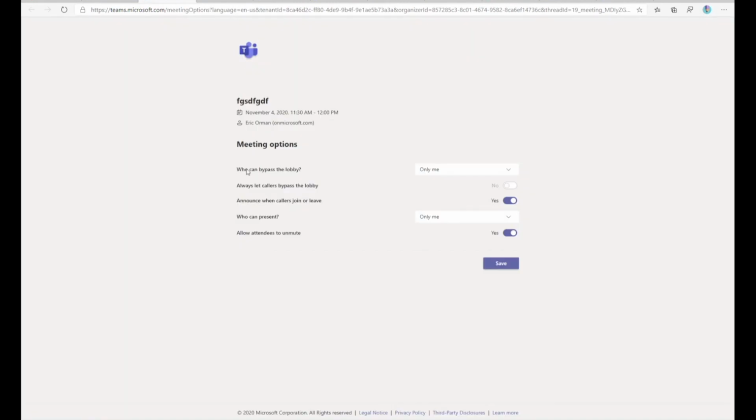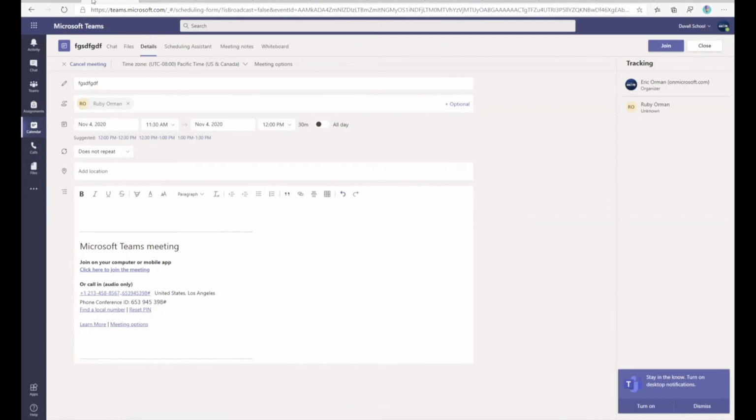And so what he was talking about is who can bypass the lobby. So only me, or everyone, or people in my organization, or people entrusted. If I have only me here, and then who can present, only me, that means that the organizer is able to present. Everyone else is going to be attendees. So this setting, who can bypass the lobby, corresponds over with